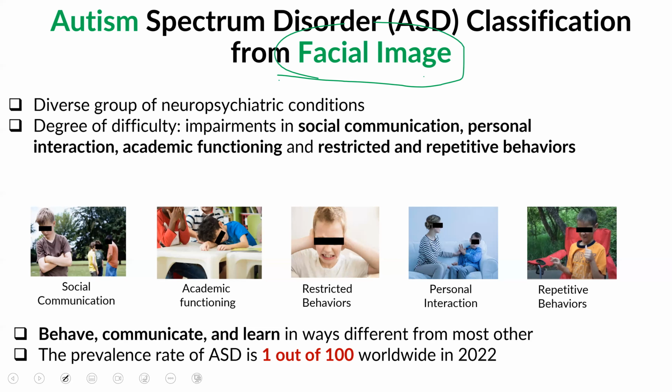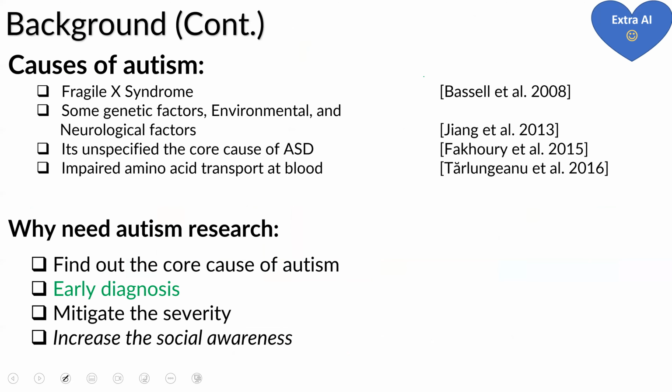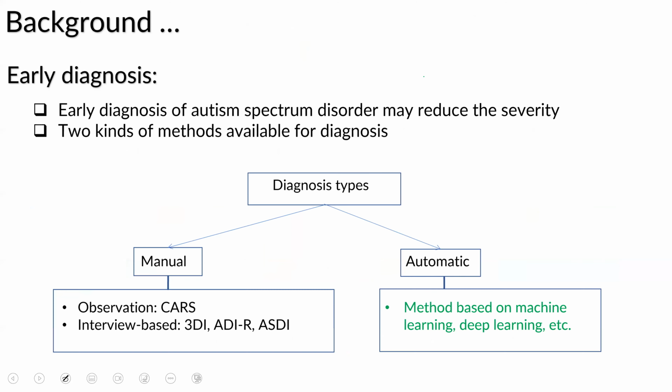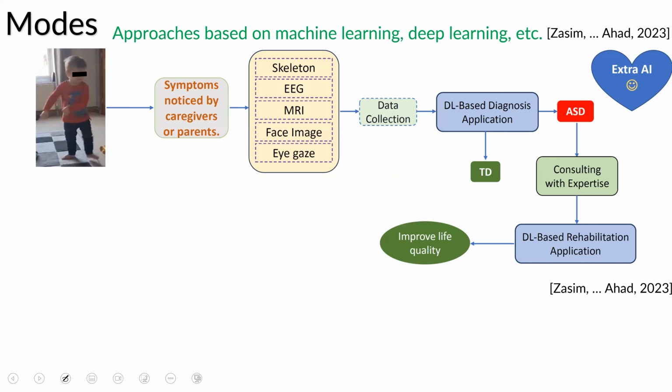We can also work on facial images. So my group is also working to understand whether, from the facial image, we can tell if someone is autistic or not. So how can you do it? There are different ways. These are extra if you want to see. I mentioned that normally we do it manually, by observation or interview. There are different ways, or experts do therapies, but automatic means using machine learning or deep learning. How can we do it?